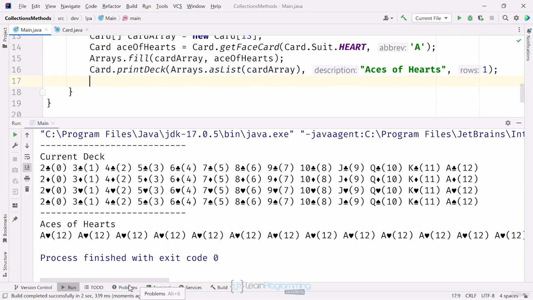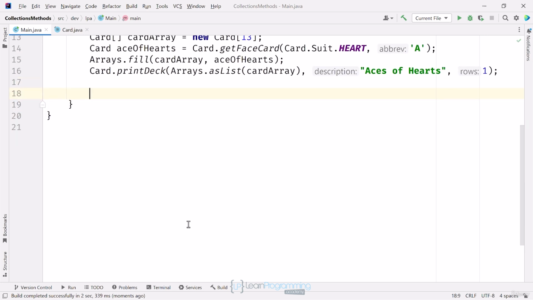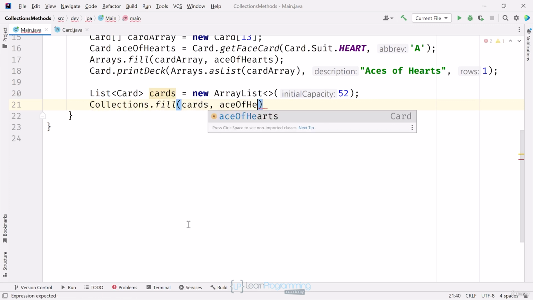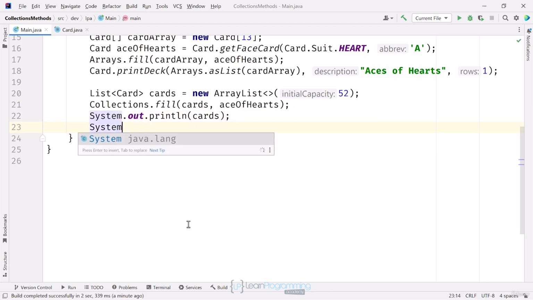By the way, I'm reviewing this method on arrays because I wanted to also show you that the Collections class has a fill method that seems to be very similar, so I want to look at that in comparison. That method takes a list and an element. I'll create a new ArrayList of cards, just calling it cards, and specify that it can hold 52 cards, which of course is the number of cards in a standard deck. I'll call fill from the Collections class this time and pass it my cards list as well as the ace of hearts card. I'll print the list simply by passing it to println this time, and I'll print the size